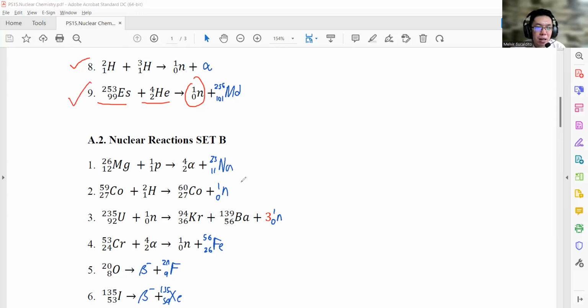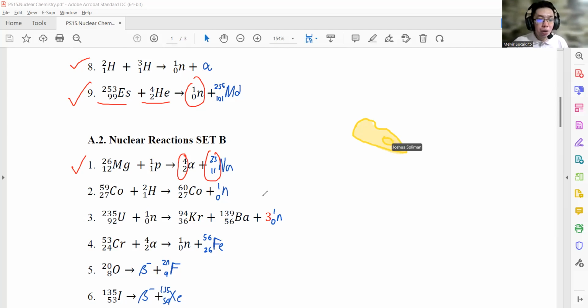Then next, number 1, set B na tayo. Number 1, magnesium and proton, you form alpha particle and sodium 23. Correct. So more on balancing ito, Josh, ha? So remember, kung hindi mo man ma-predict yung particle na mapuproduce, ang tignan mo yung A tsaka yung Z. So, ito total mo lang naman sila. You just need to remember that the A and the Z must be balanced for both sides of your reaction,